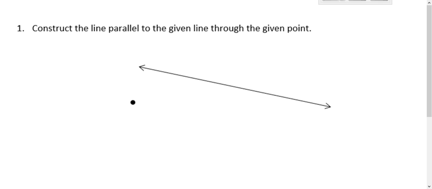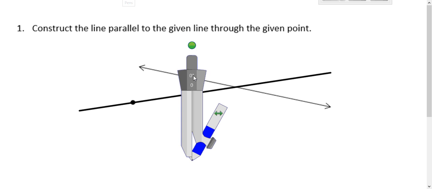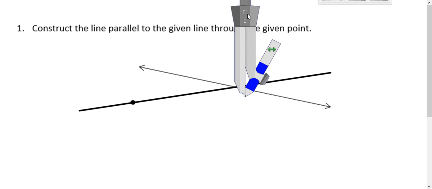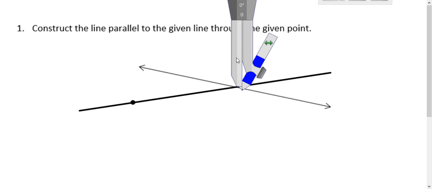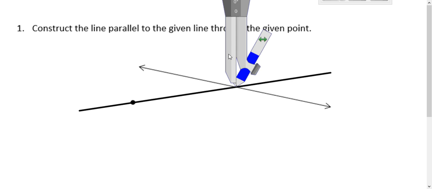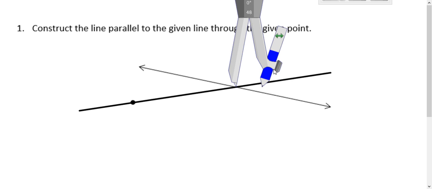So to construct the line parallel to the given line that goes through a given point, first thing you're going to do is draw a line through the point that also goes through the line. Then you'll take your compass, place it on the intersection of those two lines, stretch it out as far as you want,